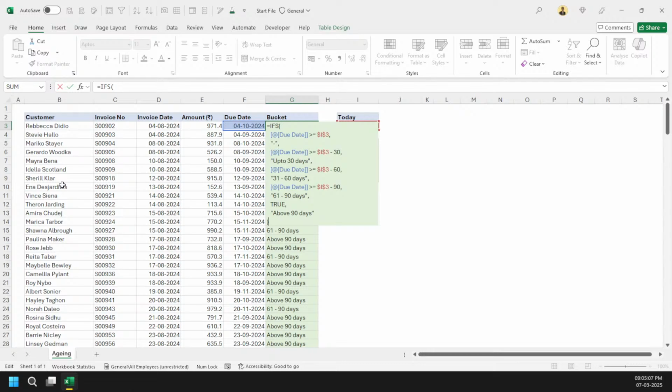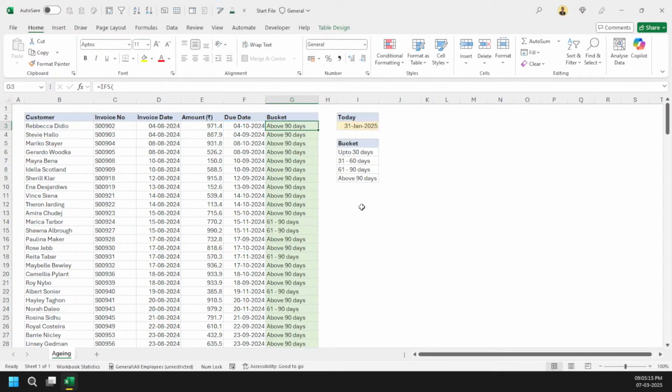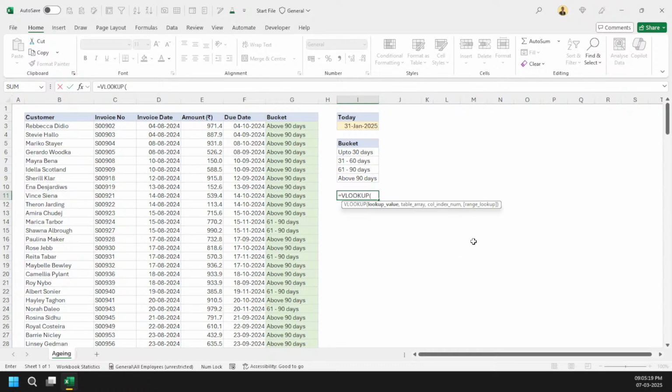There is actually one feature which most people ignore. If you see the VLOOKUP function, and I will explain it a bit more: most of the time people say, my lookup value is this, my table array is this, column index is this, and finally they simply use zero, and they have no idea why they are putting zero.